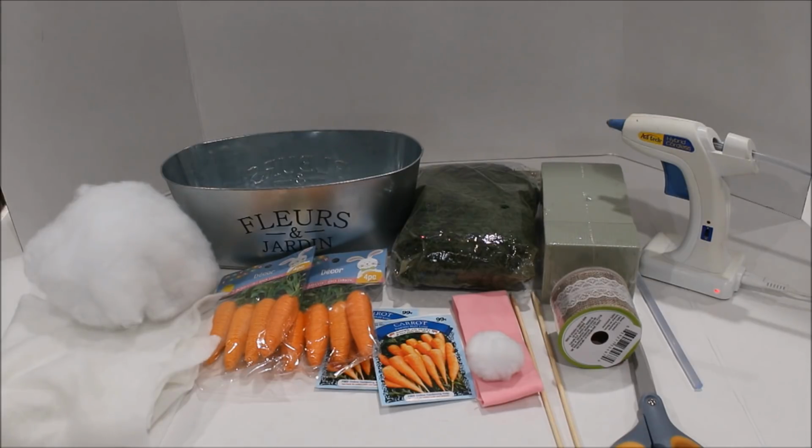All the products that you see here are from Dollar Tree except for the batting and the pillow filler. I had that already in my stash along with the little puff and the pink headband. You need pink felt or pink material for this, but everything else came from the Dollar Tree. So let's just jump right into it and see what I